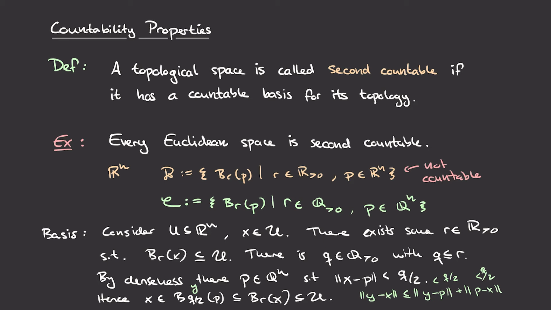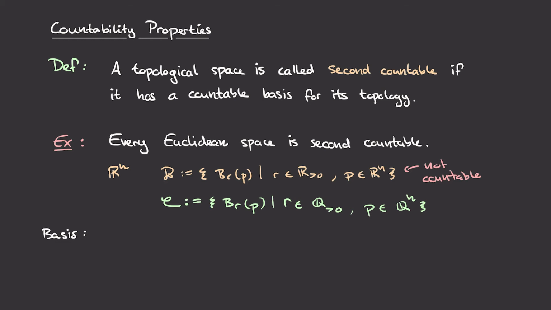So in summary, given an arbitrary point in U with real coordinates, we can find an open ball. So this is this B of radius q halves at p. We can find an open ball with rational radius and at a rational coordinate that lies completely within U. And this fact will be sufficient to prove that U is actually equal to a union over elements out of the collection C. To reiterate what we've done so far,